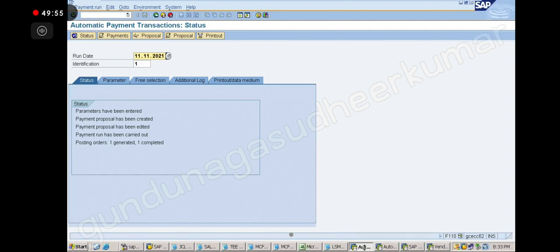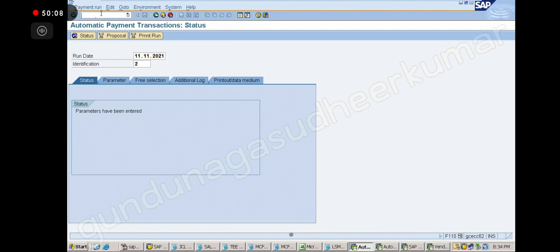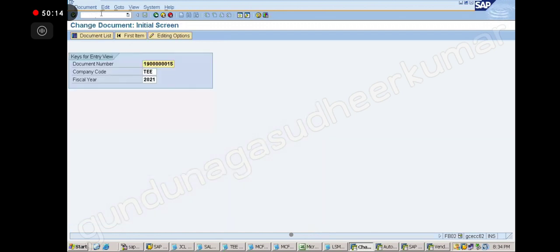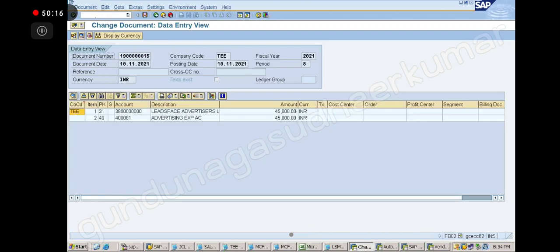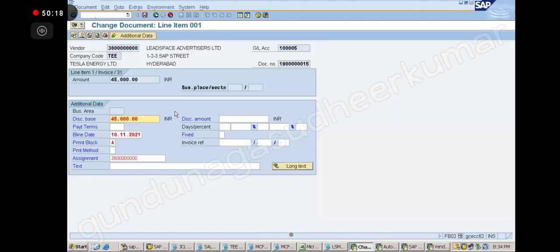Is that clear? Even in APP also you cannot pay, right? You want to try? Yeah, manual also it is not paying, which means APP is ruled out, correct? Sir, removing the block is also from FB03? Of course, yes, same. Actually it is FB02 for change, but you can do it through FB03 also. Directly you can do FB02 also. Same screen.